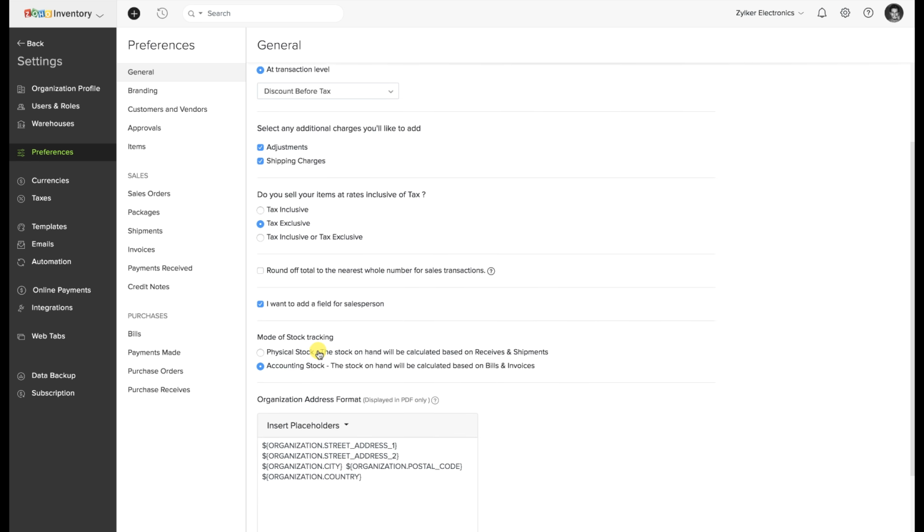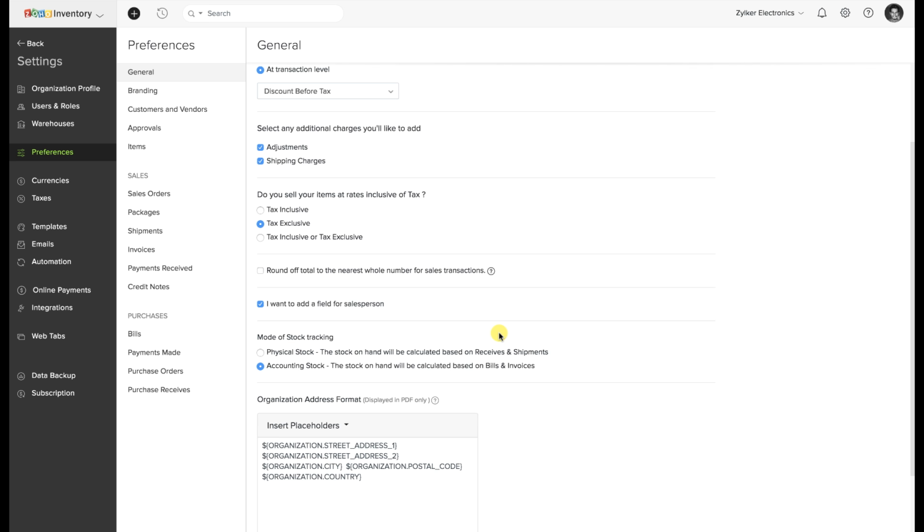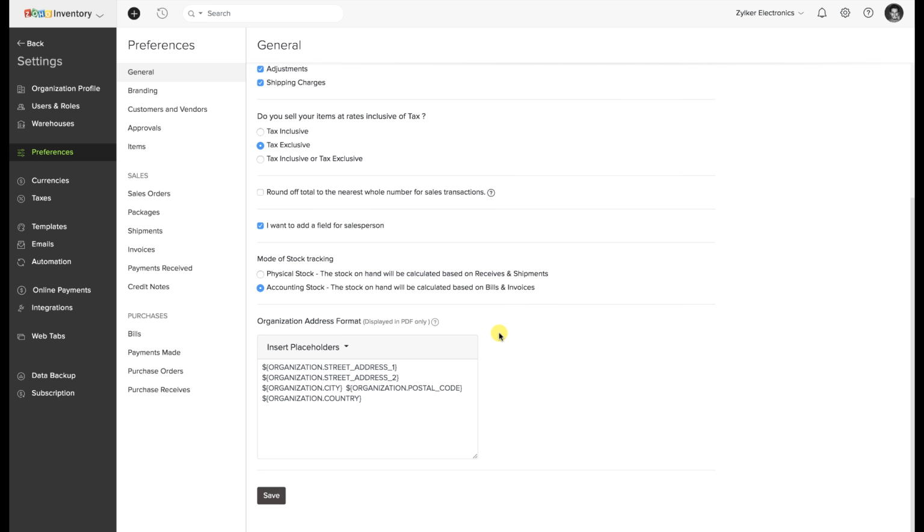Now, there are two modes: a physical mode that increases or decreases your inventory based on your receipts and shipments, and an accounting mode of stock tracking that will adjust inventory based on your invoices and bills. Select the most preferred mode of stock tracking for your business, and the next step, enable or disable the things